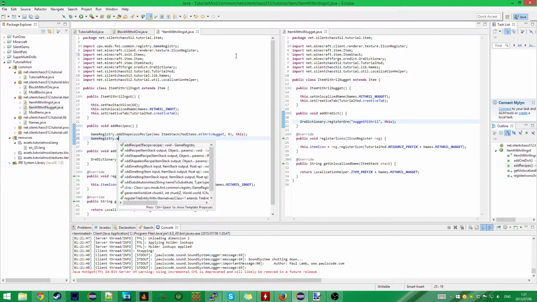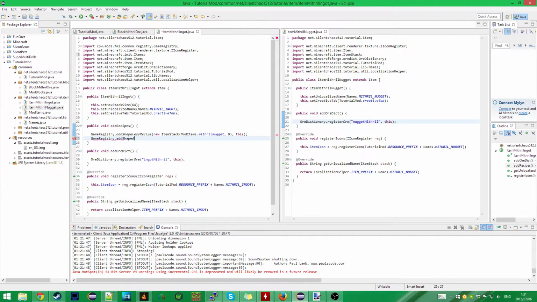Okay, and shaped recipes are a little bit more complicated, but not bad really. So it looks the same pretty much, but the way we need to do this is a bit different. So the output, we want to be, okay, we're going nuggets to ingot. So a new item stack of this, the ingot. And for the parameters, what we're going to do is give it 1 to 3 strings that are going to indicate how the recipe is laid out, with each character of the string representing different ingredients. In this case, we've only got 1 ingredient,